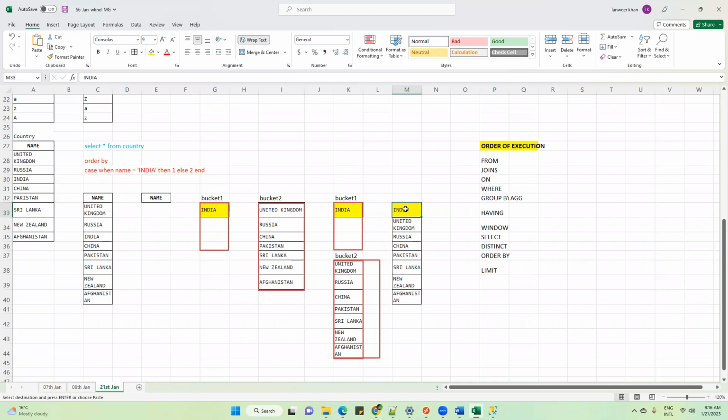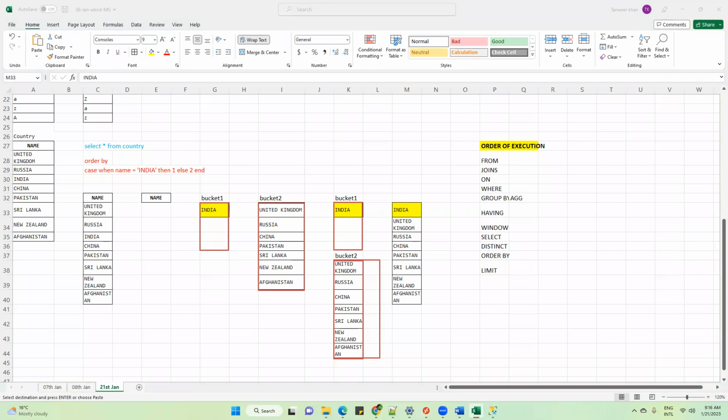I know you will have a question that the remaining countries are not in ascending order. That I have not taught now. I will teach you after some time. But is this clear, how we bring India to the top? Is this clear? Yes, sir. Any question? Anyone? Oh, the session is getting recorded now. Any question? Anyone who wants me to repeat, tell me, I will repeat this.